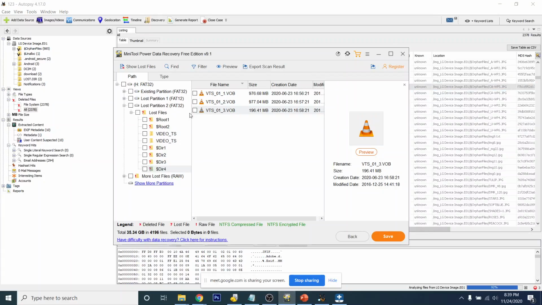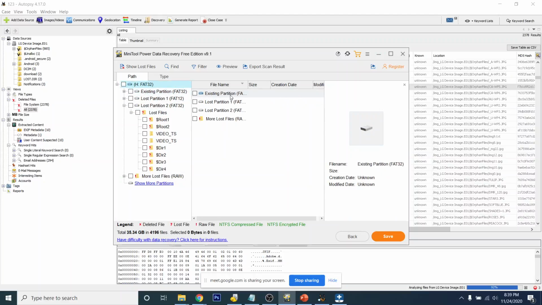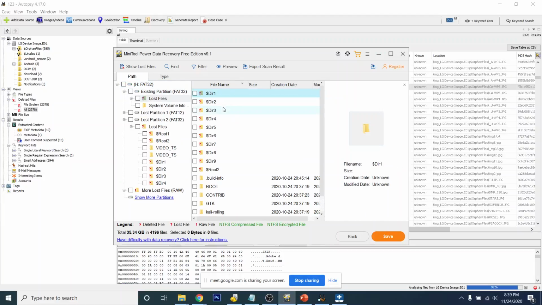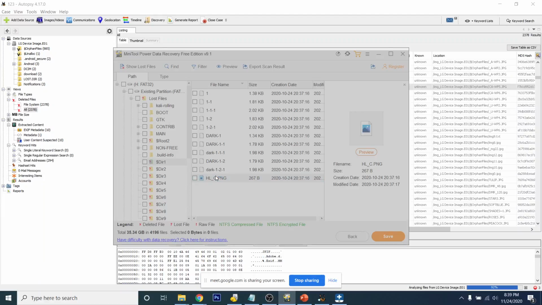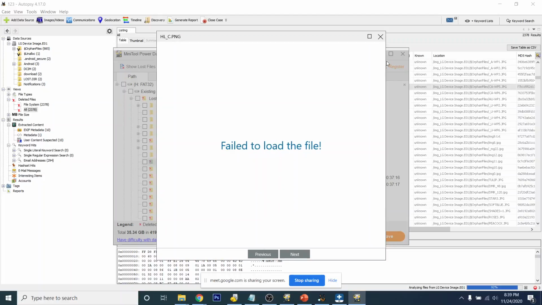Now look at the hex value of an image with MiniTool Power Data Recovery. Let's see, can we view hex values in this file?